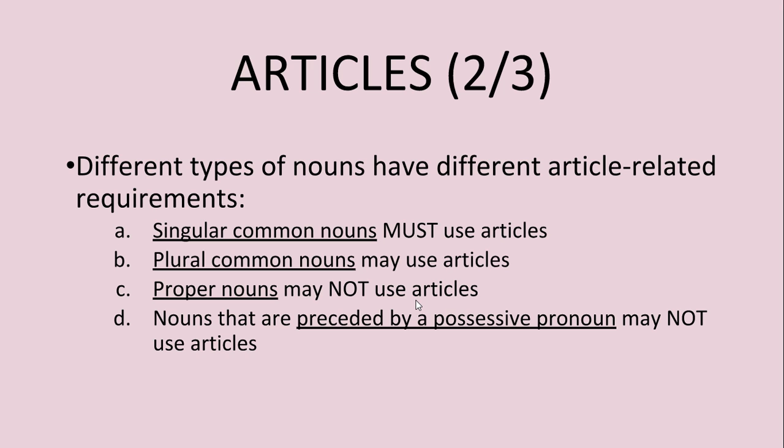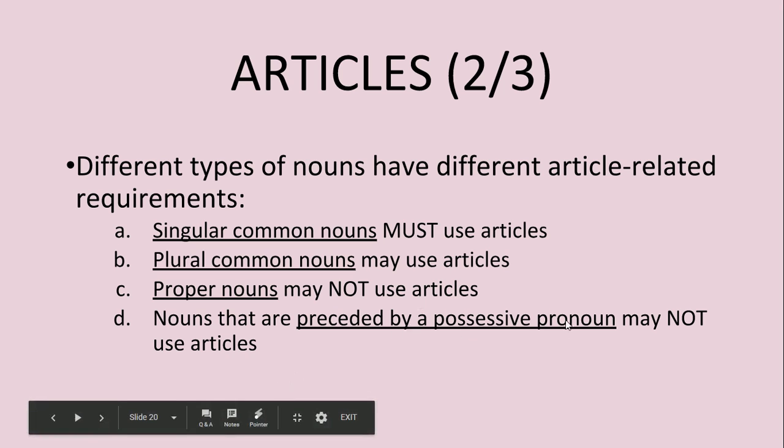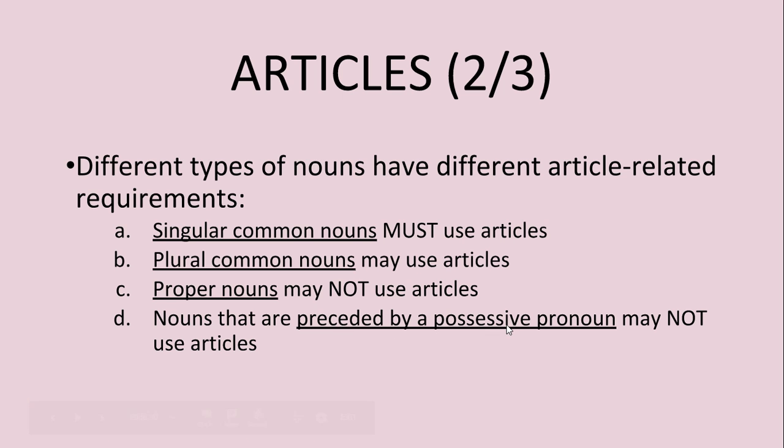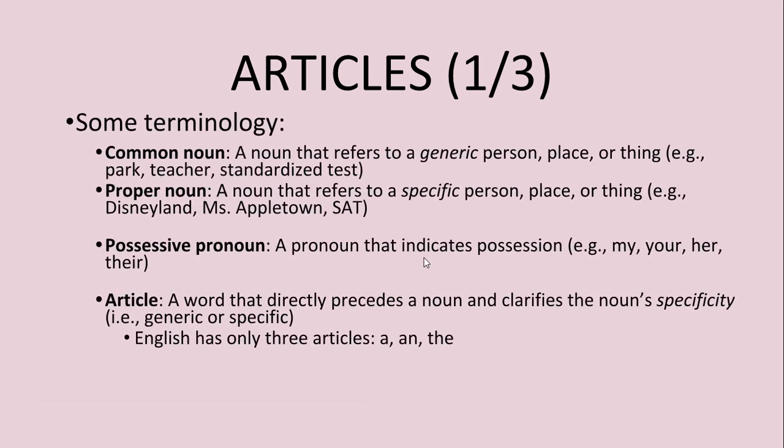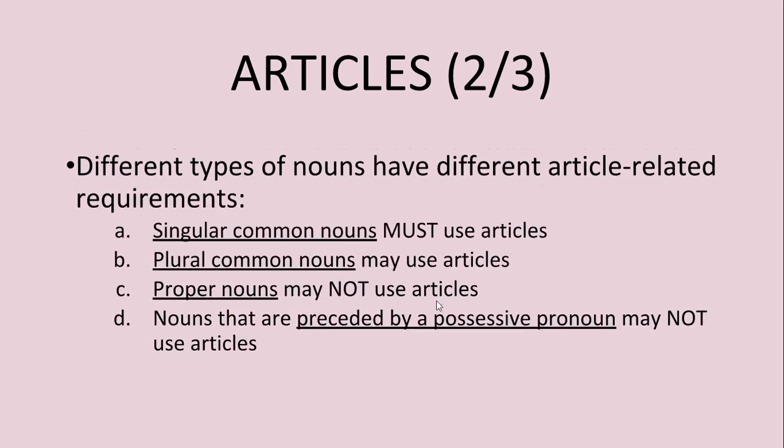It's not grammatically correct. And finally, category D are nouns that are preceded by a possessive pronoun. Whoa, that's a lot of P words in a row. Preceded, so a possessive pronoun is what we defined on this slide. It's a pronoun that indicates possession. And preceded means comes before. So if you have a